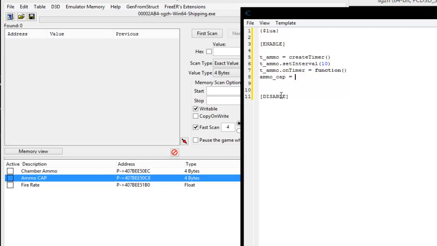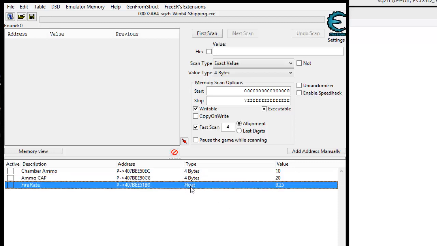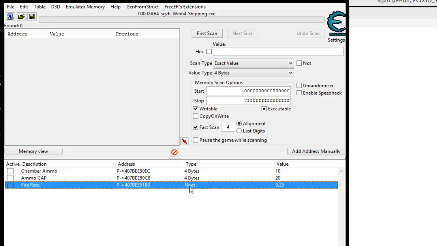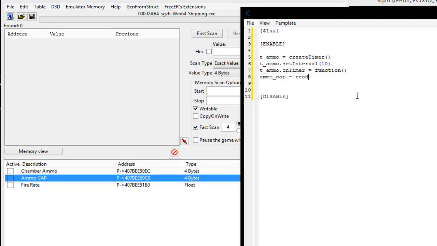We need it to equal, and we need it to read, and make sure that you get this part right. If it is a 4 byte, that will be an integer, whole number. If it is a float, you need to put float. Floats can be decimal based. Whole numbers are integers. That means it cannot have a decimal place in it. It's only a whole number, an integer, and a float value is a decimal place. Okay, that's the difference. So we need it to write an integer, since this is a 4 byte value. An integer,